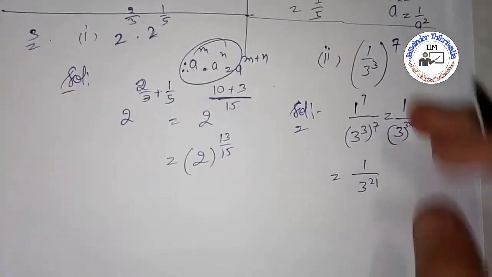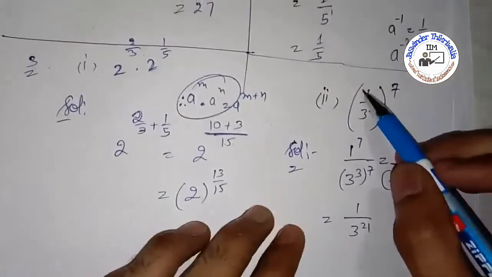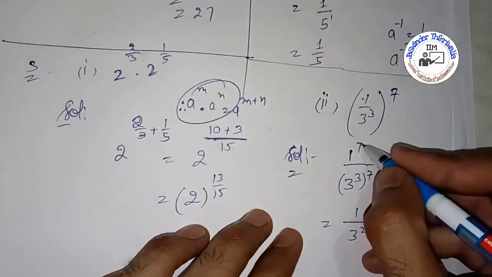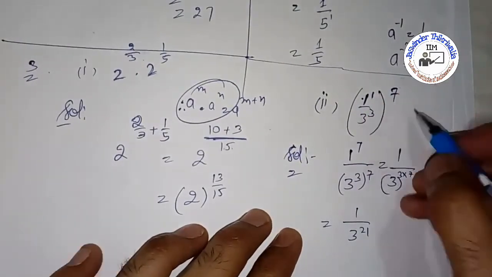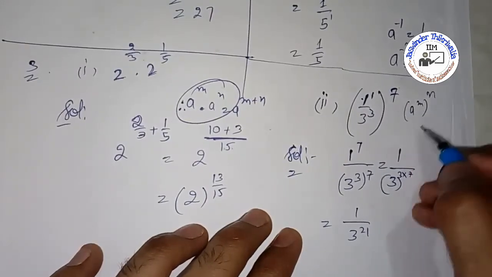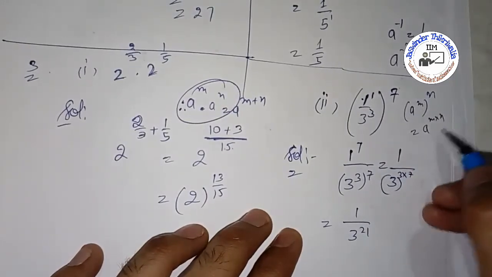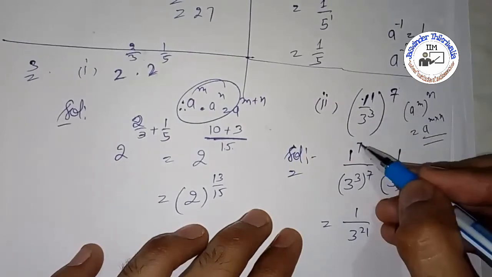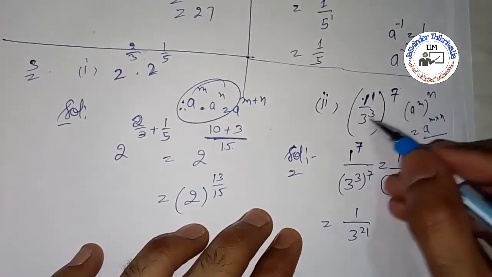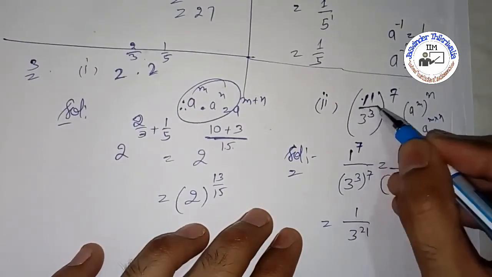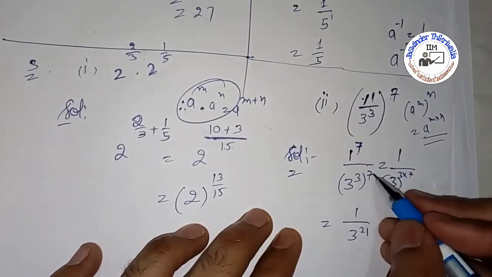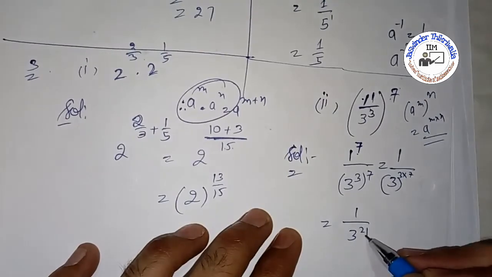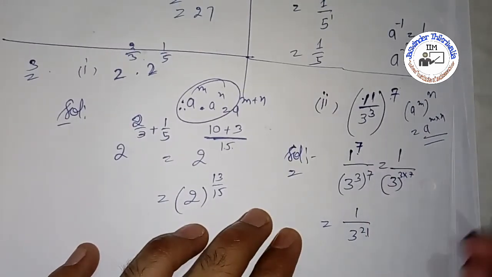Okay, clear beta? It was a power on power. So 1 to the power 7 also, because it is 1 to the power 1 only actually. When you take this power inside, if a to the power m is to the power n, then we will simply multiply the powers. So here we multiply with the 1, this answer came 7, and if you multiply with the 3, because beta, the numerator we solved separately, the denominator we will solve separately. So it is 7 into 3, which means 21. 1 to the power 7 means 1 only, simple thing.